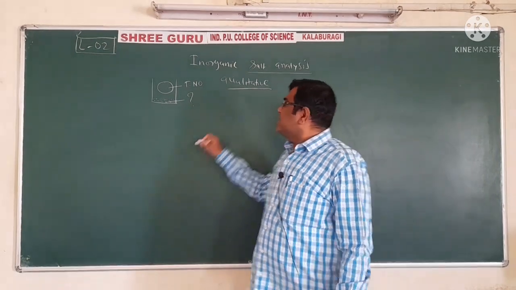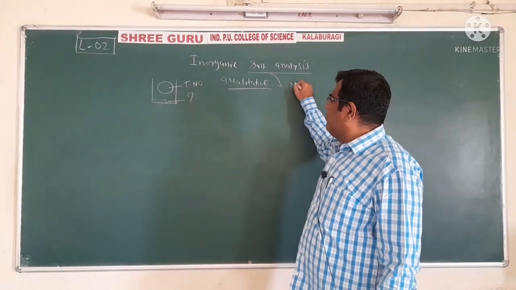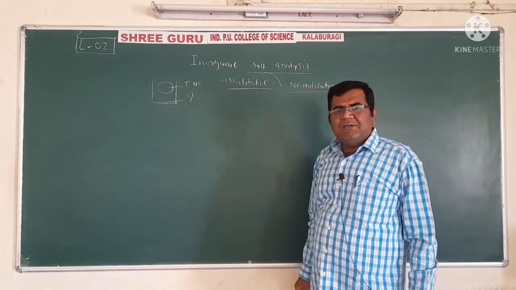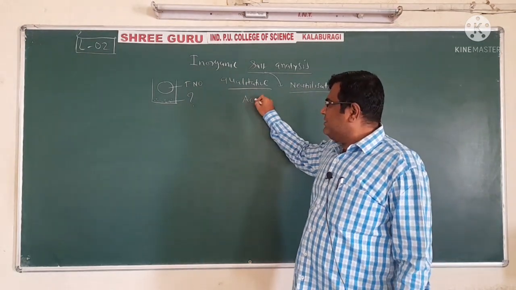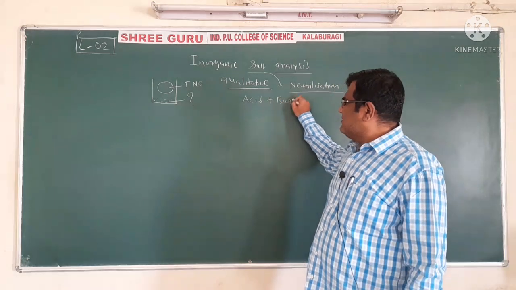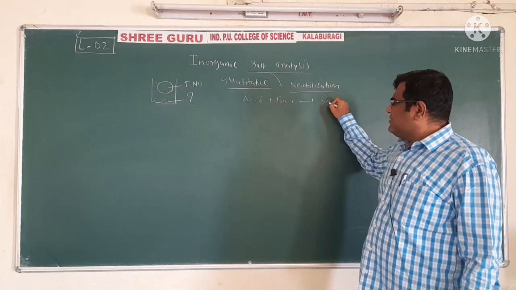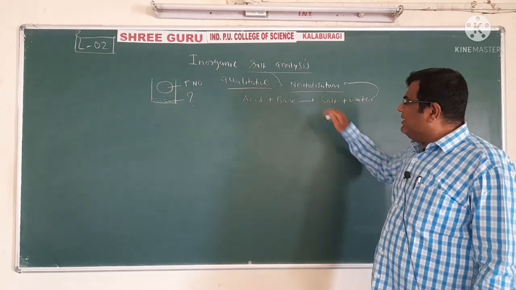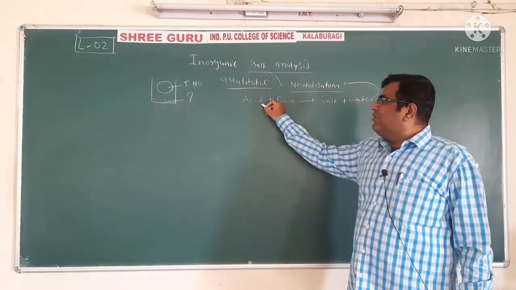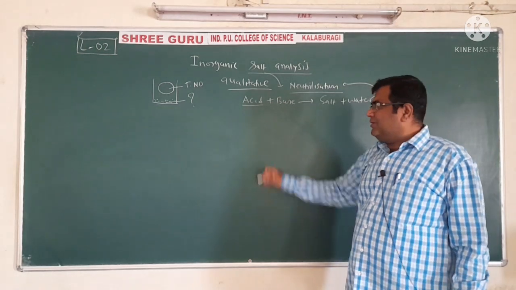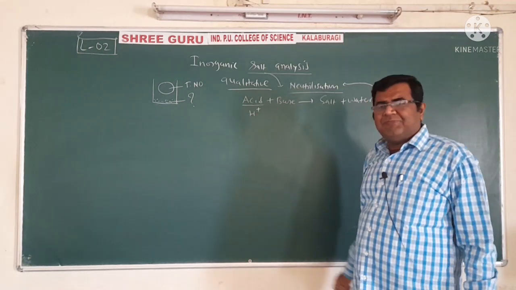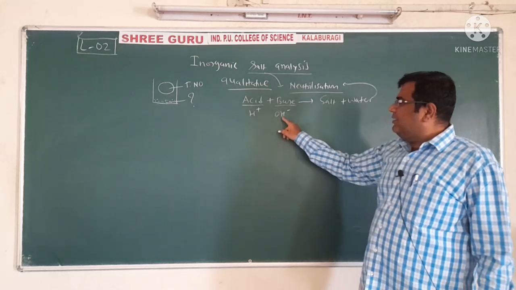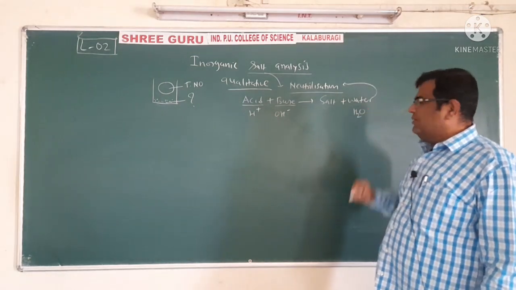Now when we say salt, it is formed by the reaction called the neutralization reaction. We know what we mean by neutralization reaction. When acid combines with base, it forms salt and water. This is called the neutralization reaction. Why is it called so? Because the acidic property of the acid is due to the H+ ion, and the basic property of the base is due to the OH- ion, and they combine together and form H2O.